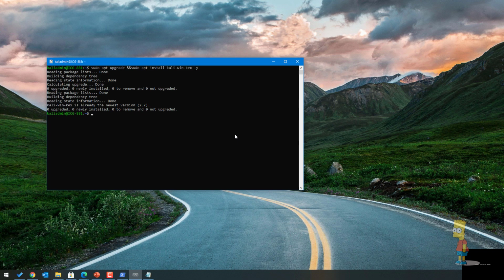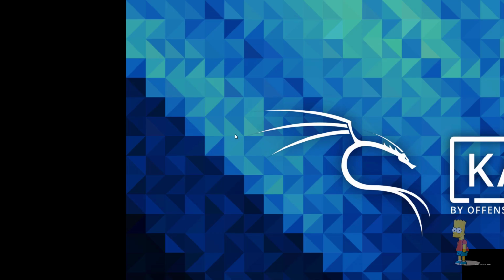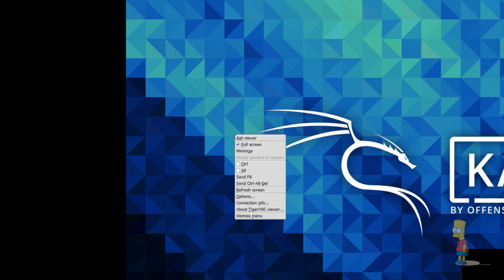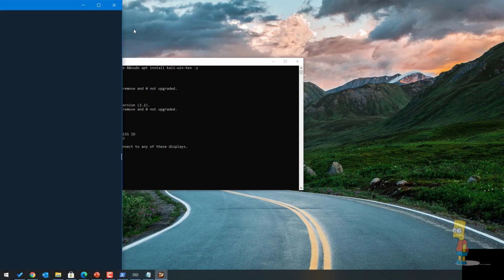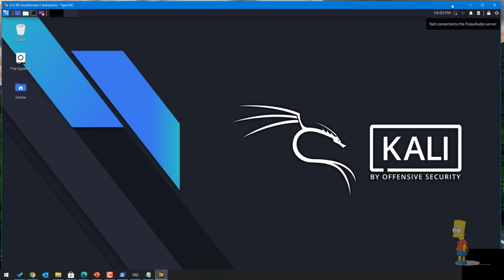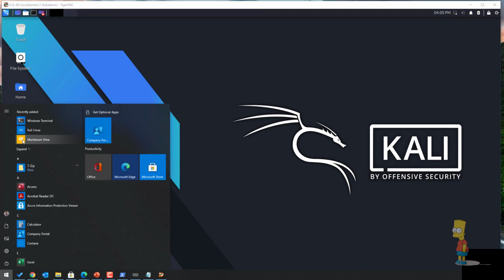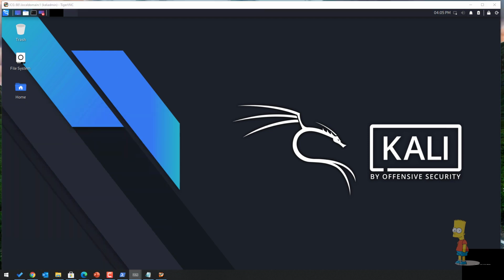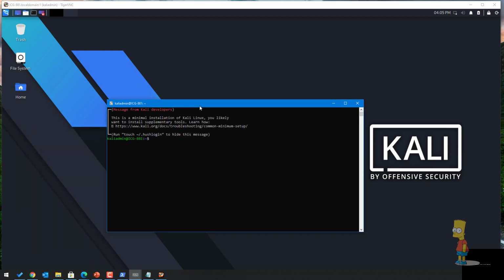Now when this is done, as I said, I have already carried out this step, so there are not many components to be installed. If I just type kex, because of the dual boot my screen is acting funny, but it will quickly open up the full Kali Linux GUI on your machine, rather than you having to type ip add, find out the IP address, and make an RDP connection. Just go to Windows as usual, open up Kali Linux, and when the command prompt comes, just type kex.